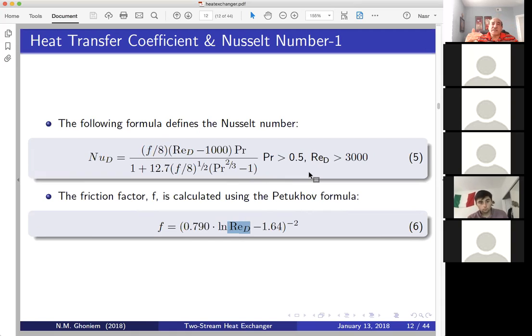So to summarize the story, you calculate the Reynolds numbers from how fast the fluid is flowing, hot and cold. You calculate the Prandtl from properties of water. You calculate the friction coefficient as a function of Reynolds number. You calculate the Nusselt number, and then once you're there, you're almost there. Once you have the Nusselt, then you find the heat transfer coefficient, and then you backtrack, you find resistances, and you evaluate the capital U that we're talking about. Okay? So to get to the Reynolds,